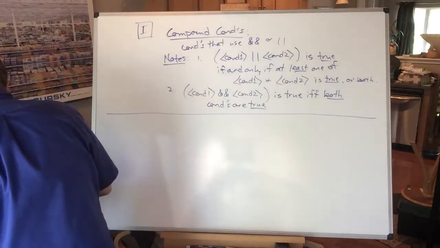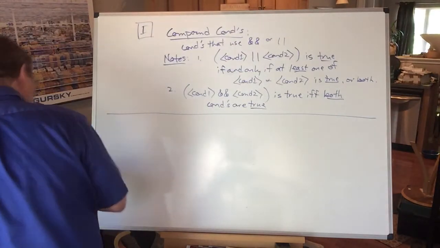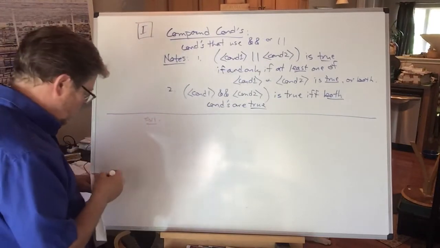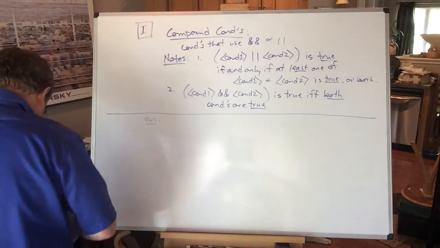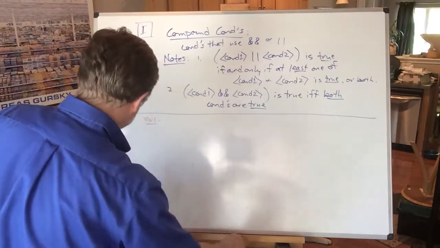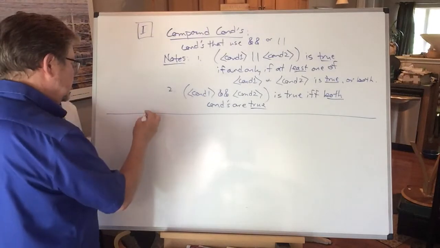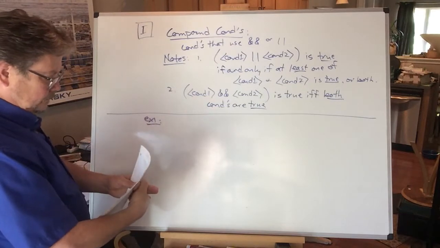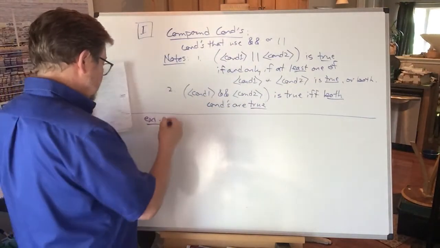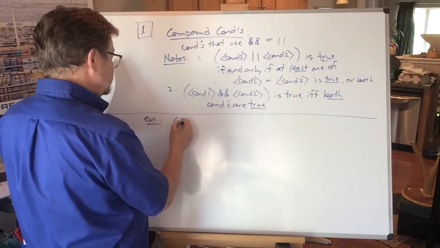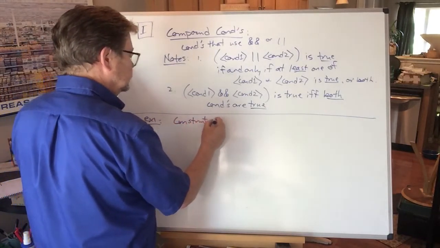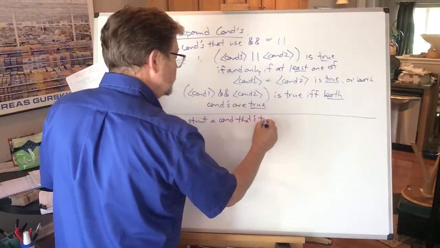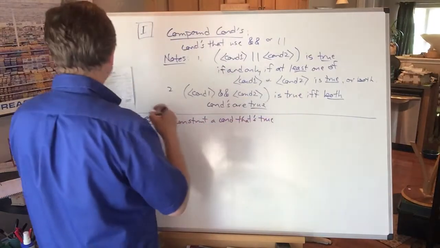Let me switch to a different color for the example, because it's not the description anymore. It's an example. Example 1, and that color won't do. I'm sorry. Example 1. There, much better. I better copy this. I might not make it up correctly. Construct a condition that's true. COD for condition. That's true if and only if